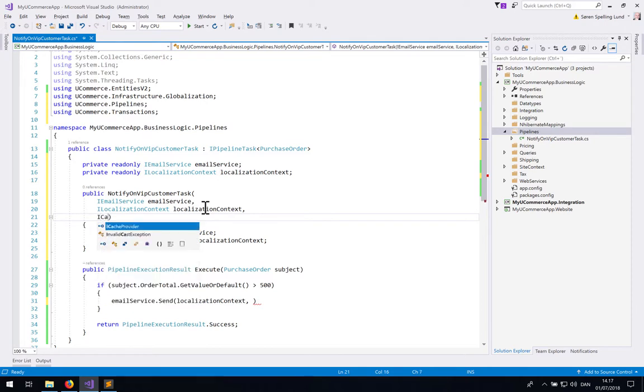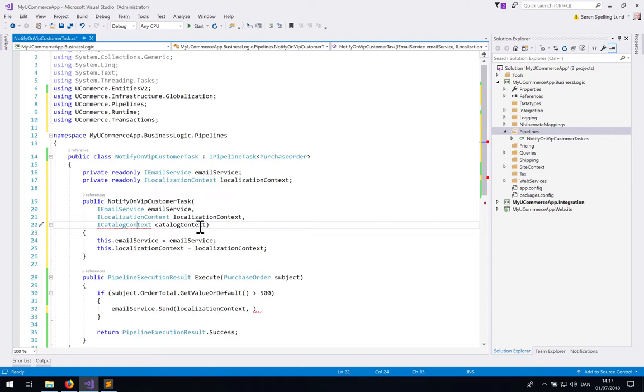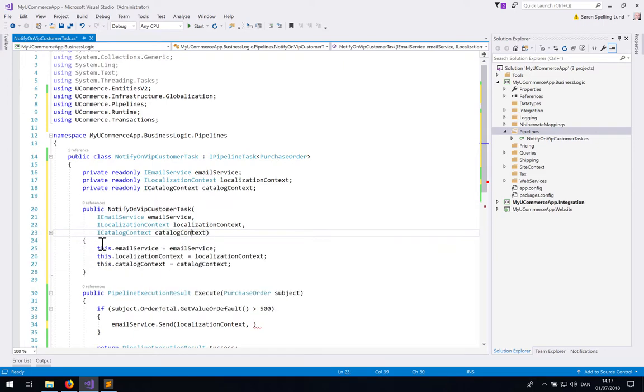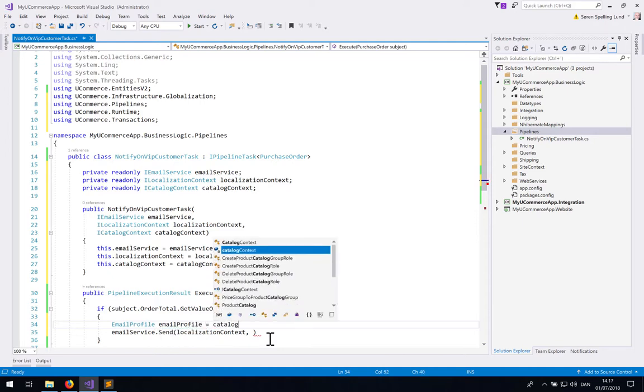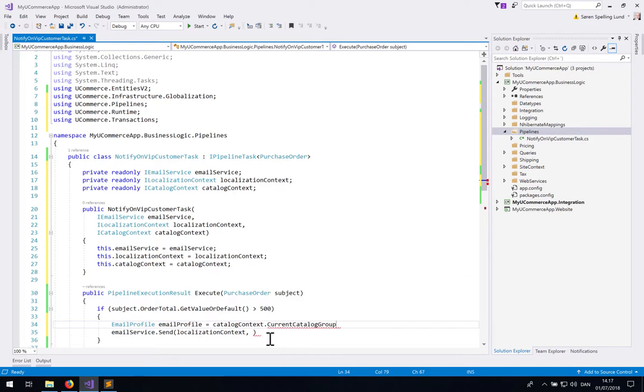And we will ask for the ICatalogContext, like that. Just make sure we import the Ucommerce runtime namespace, and then we create a field like that so we can use the catalog context. So we can do email profile here. We can ask the catalog context that we just asked for, what is the current store, and on that, what is the email profile, so we can get at that information that we were just looking at in the back end. Now we can take that, pass it